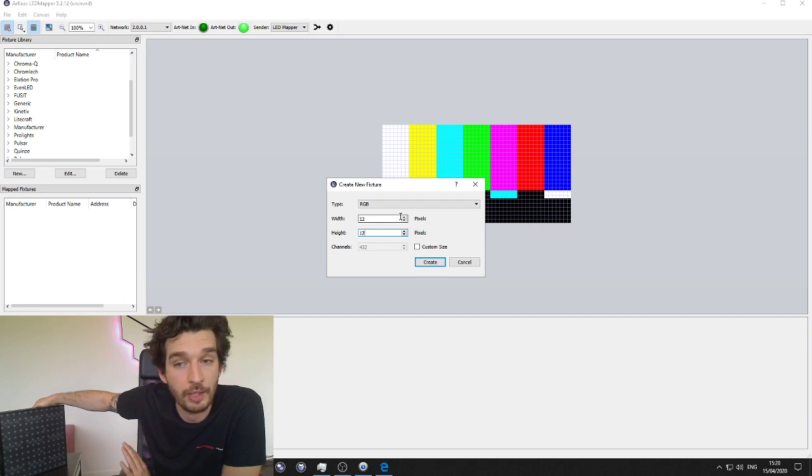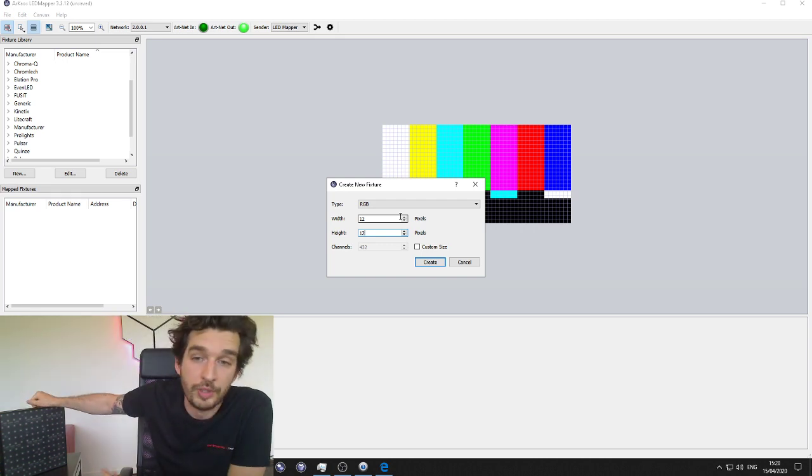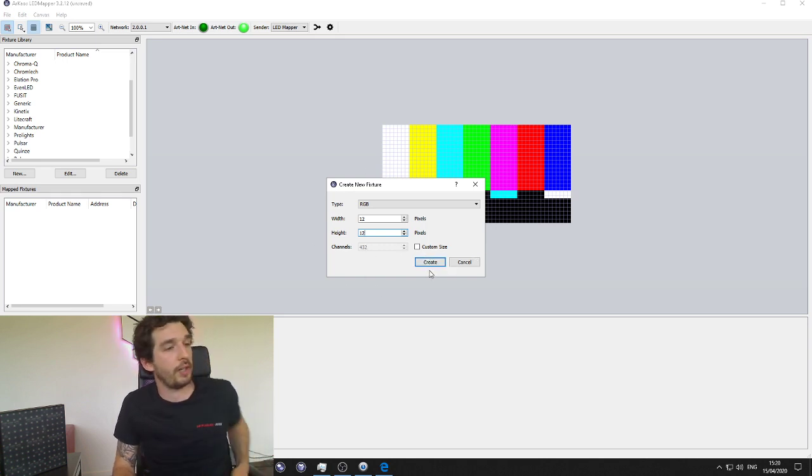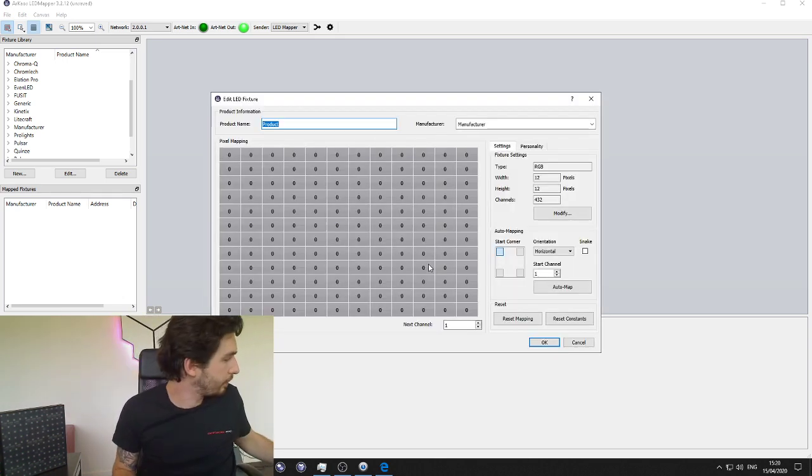No more, no less. There are just pixels. If you have fixtures with pan and tilt, with intensity, with strobe, with macros, I will show you in a second step how to use the custom size. That's where you need to set that up. And I hit create.